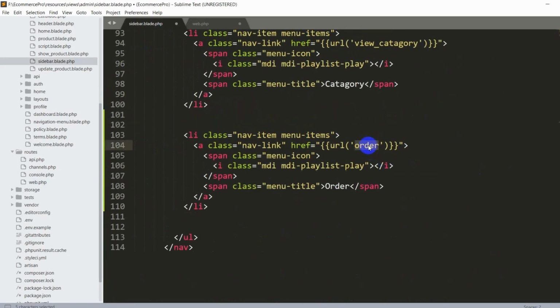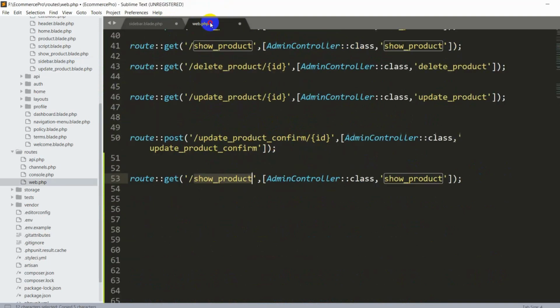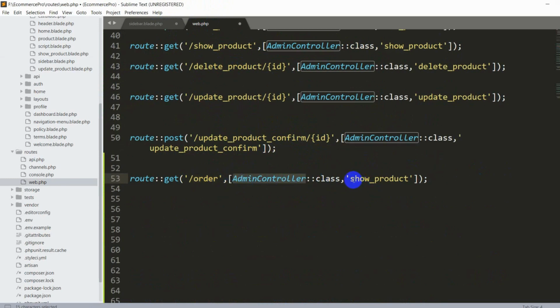Let me copy this URL, Ctrl C, and paste it over here, Ctrl V. This is our order route, and we'll use the admin controller, and here we need to mention our function name. Let's say our function name will be order as well. Right now let's save it, and we'll go to our admin controller and create this function